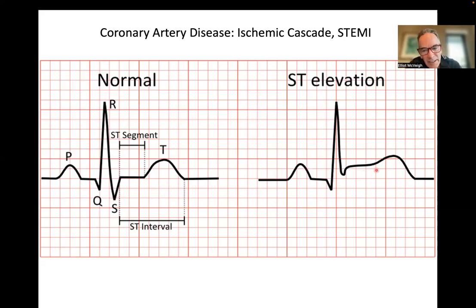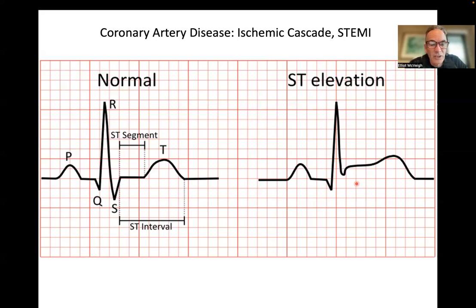And if you see ST elevation in a patient, that is a very predictive sign that they are in fact having a heart attack. So they are in what you would call the acute stage of having myocardial ischemia or a heart attack. And at this point, you normally don't have to do any further imaging, right? So if they're in the ER and they show up and they see this, normally they're going to activate the cath lab,